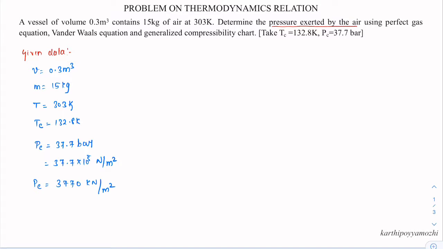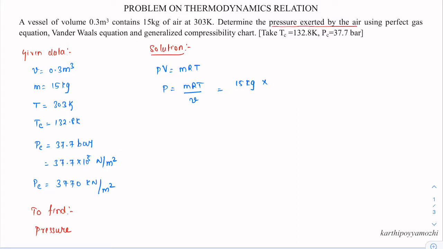To find, we need to find the pressure exerted by the air. And moving on to the solution, first we can find the value of pressure exerted by the air using perfect gas equation. And the perfect gas equation is given as PV is equal to mRT. And from this P can be calculated as P is equal to mRT divided by V. That is equal to, substituting the values, the mass is equal to 15 kg and